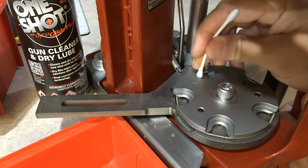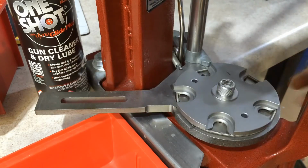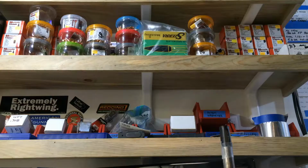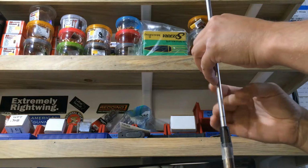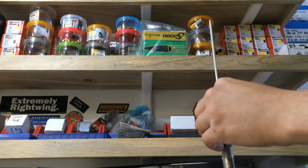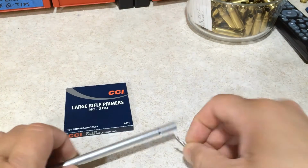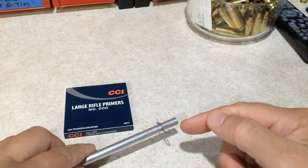Can't stress the importance of keeping your primer seating area as clean as possible if you want this to go as smooth as possible. Man, don't forget to put this back in. If I had $1 for every time I lost this thing,